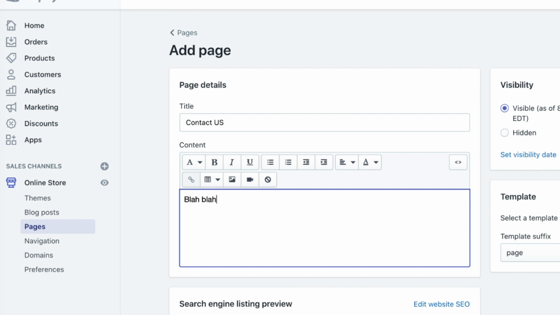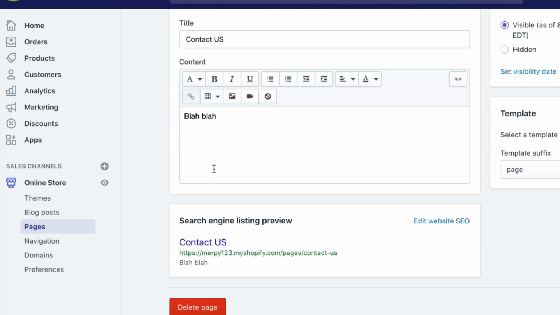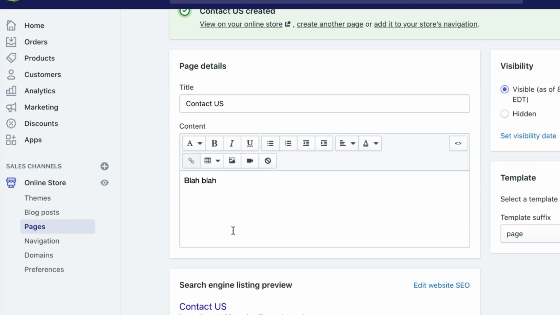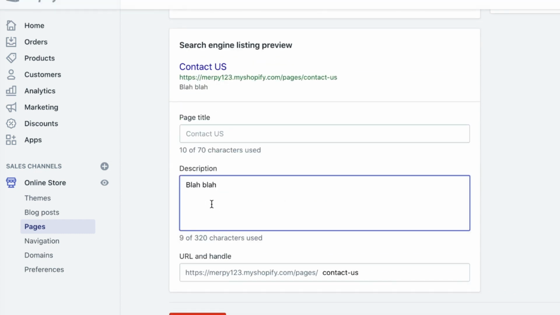I'm just going to fill it in with some blank stuff here just so it gets filled in there. But there's a lot of other things we could do. We could upload a video, as you can see here. You could insert an image. You could insert a table, really all the normal stuff you would want to do. And this is the preview of what it would look like when people typed in how to contact Ab Machine 2000. This would be coming up there. You could edit this site SEO. So let's just say we want to change the meta description to this is how you can contact